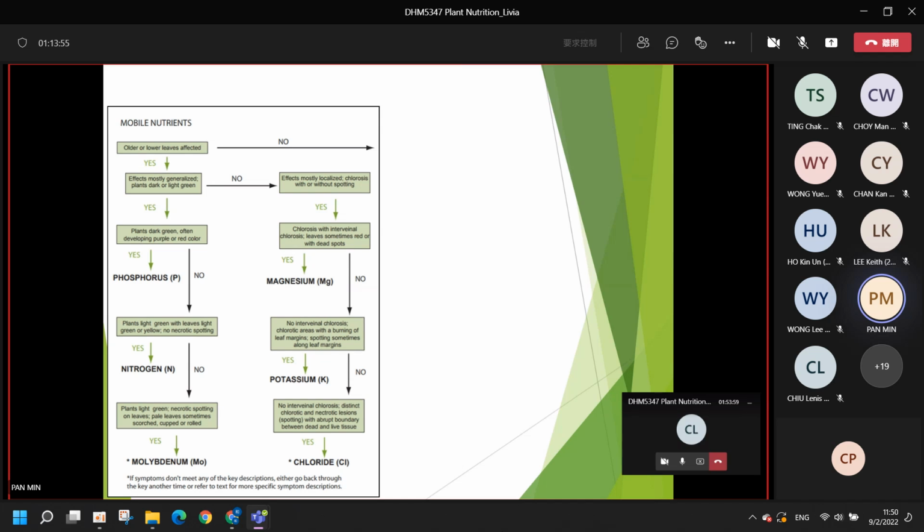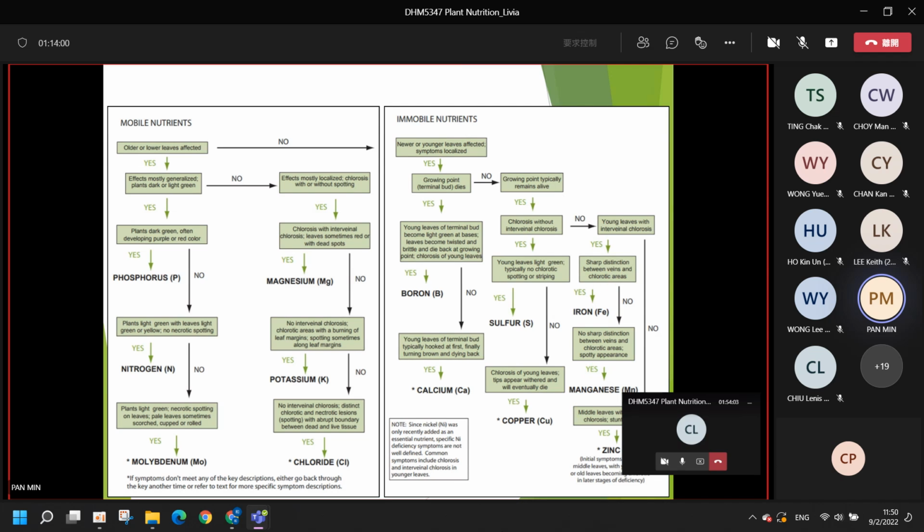And here shows the flow chart that you can use to know, from the deficiency symptoms, which nutrient deficiencies cause these symptoms on the plant. For example, if the deficiency symptom shows in the older or lower leaves first, and if yes, you can see that it affects